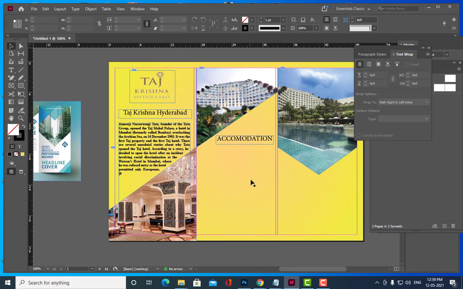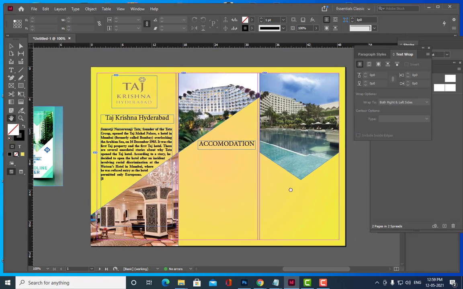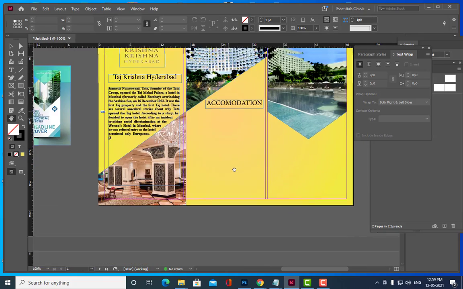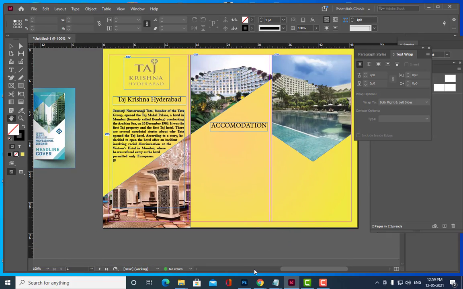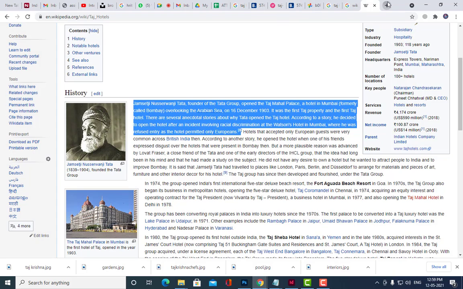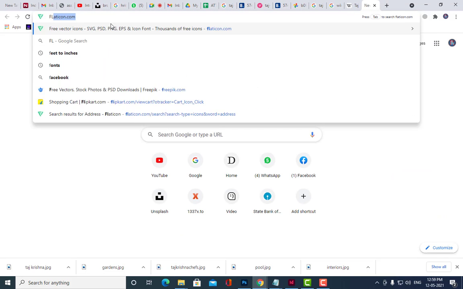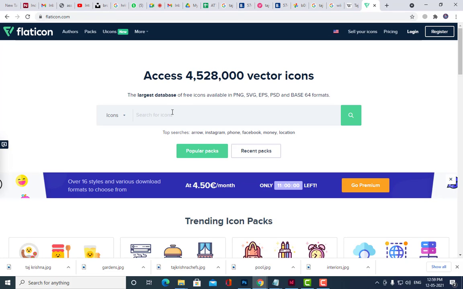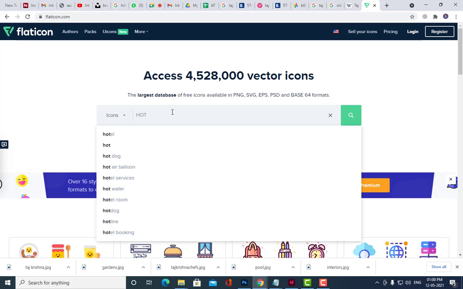So how can we put it? Let me see. I will open flaticon.com. Flaticon.com. So accommodation means we'll just type hotel here.